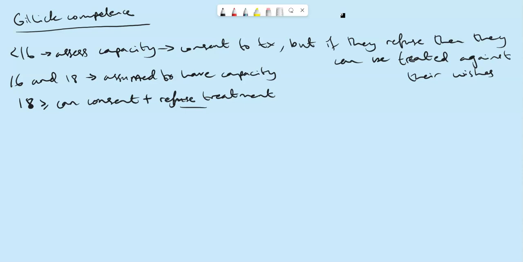In certain circumstances, for example, let's say it's a 17-year-old that's been stabbed and they've got a potentially fatal wound, so they're bleeding out and they need blood, or some treatment that will save their life. If they're refusing, and for whatever reason the parents are refusing as well, and it's deemed that the patient will probably die before you can get a court order ruling, then you can treat them there and then as an emergency treatment in their best interest.